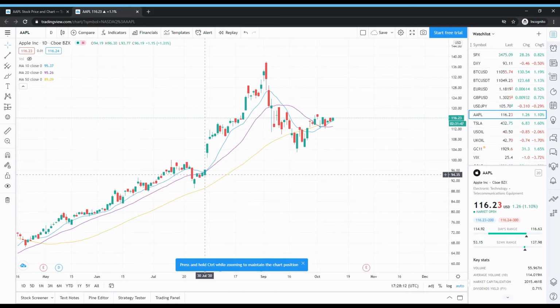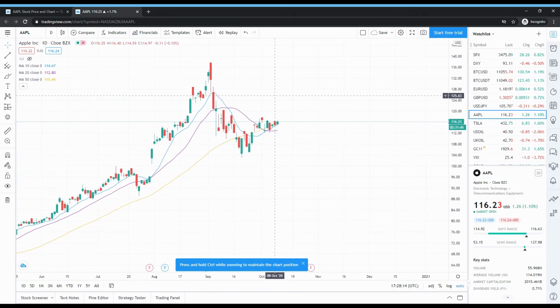So right now, at this point, we could again see that our 10-day has crossed our 20-day, saying that it's going to go on a short-term downtrend, which has been confirmed as a long term, but indeed it did not go down very much when it crossed the 50-day moving average. So at this point